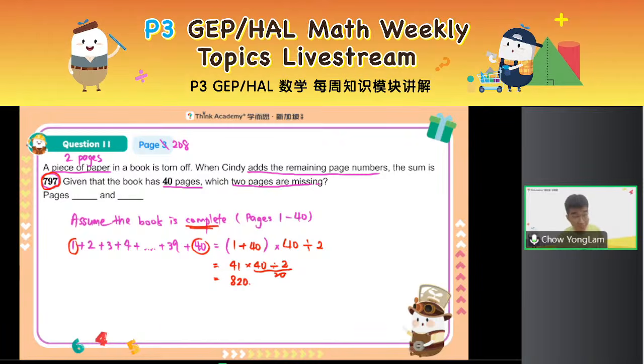Why is the sum so less? Why is it 797? That's because 2 pieces of pages are gone. So now we can find the missing pages. What is the sum of the missing pages? Remember, there's 2 of them. So it's 820 minus 797, which gives you